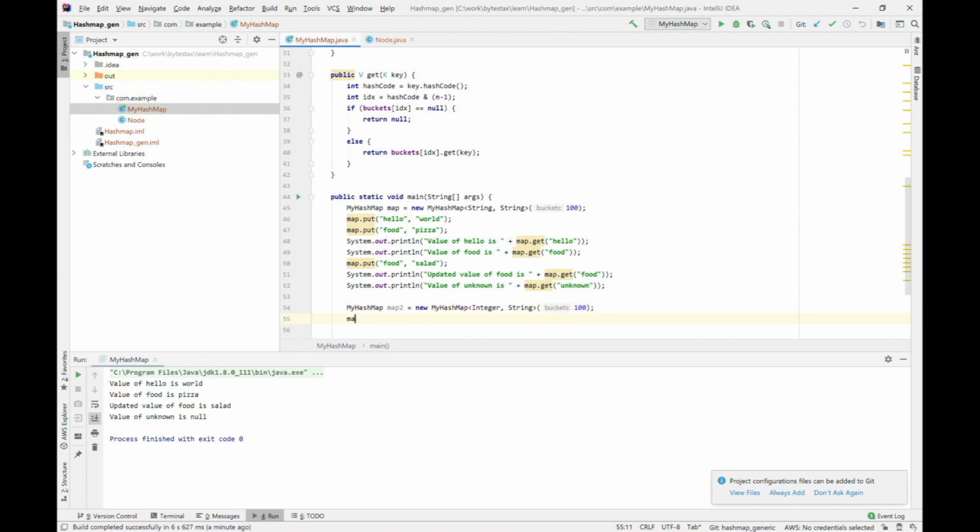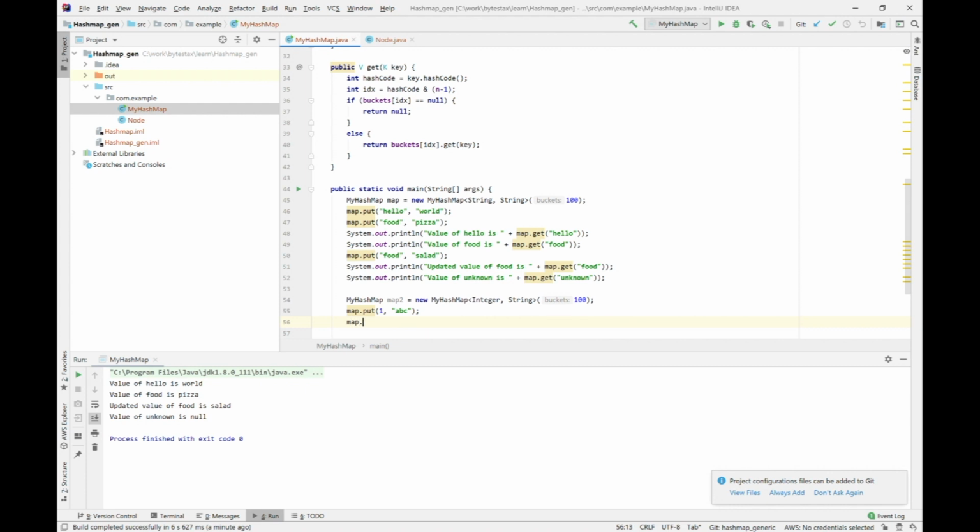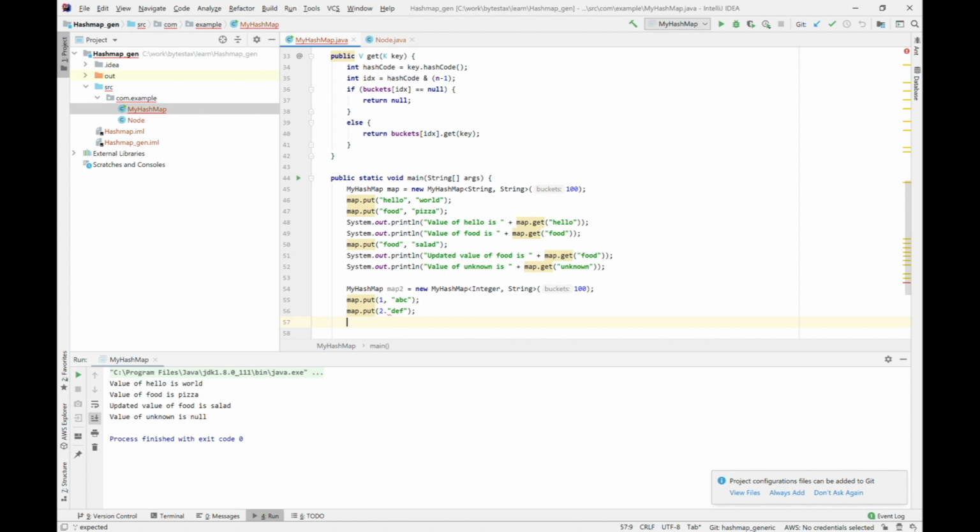And then I can just say map.put(1, abc), map.put(2, dbf), and then